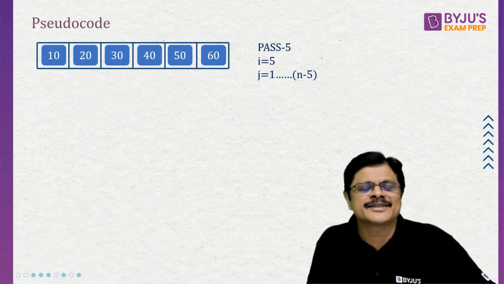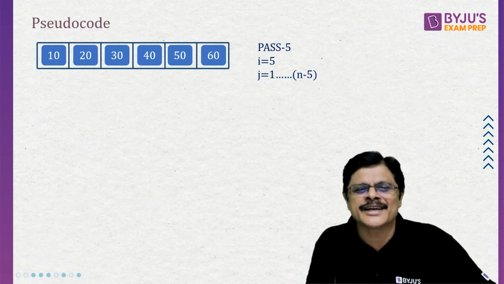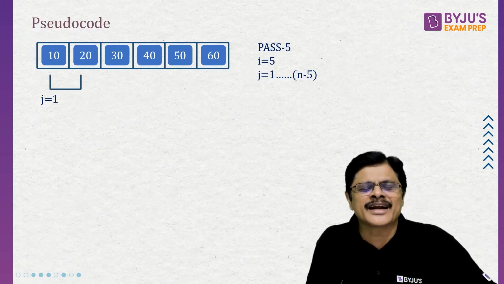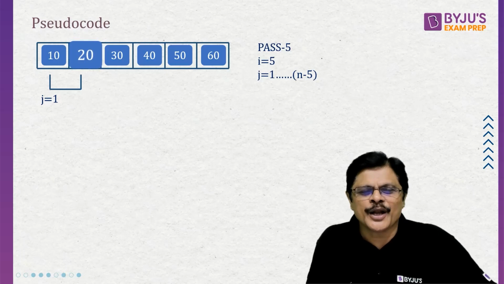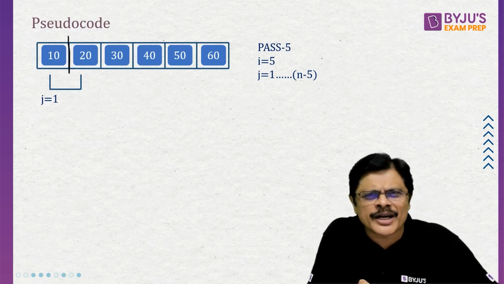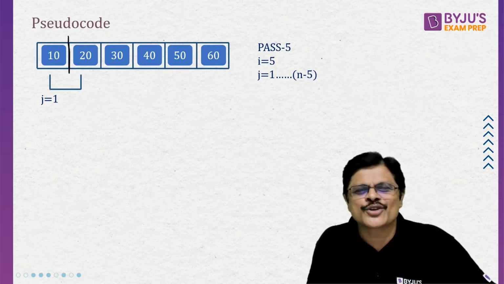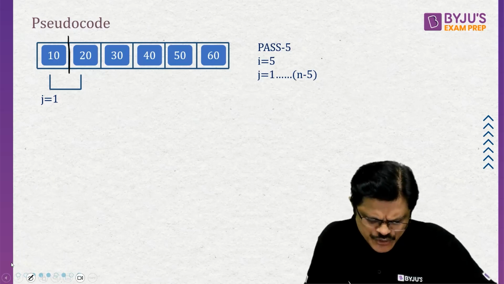The last pass, i is equal to 5 and j varies up to n minus 5. That is, j can take only one value, that is j is equal to 1. 10 greater than 20? No. So 20 is in its correct position. Now if you observe, because all these are sorted, this is obviously smaller than that. So obviously 10 is also sorted. And the array is sorted, my dear friends. Array is sorted. So if you simply see the pseudo code for this bubble sort,